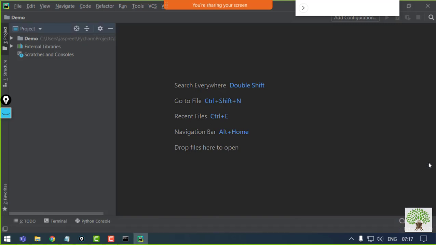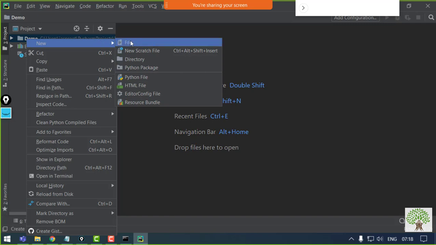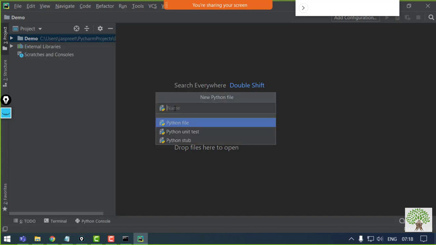Along with that, PyCharm keeps giving you tips and information. You can read them if you want. That's beneficial. Now to move on, in the Project Explorer, if you need to create new packages and new files, just right click over this button, go to New, and over here you can see it's giving me the options to create a Python package and a Python file. You can create either according to your project structure, which you want to keep as manageable as you want. I just want to create a Python file, so I'll name it